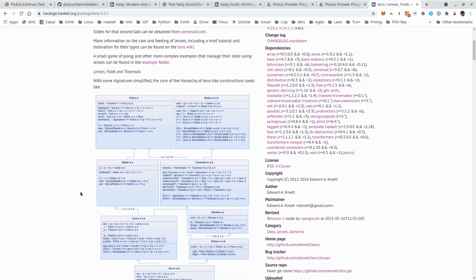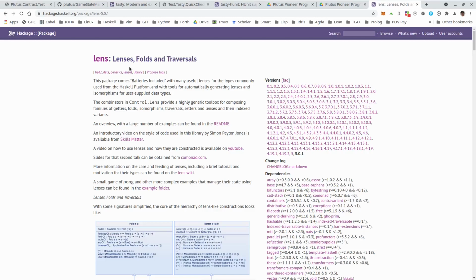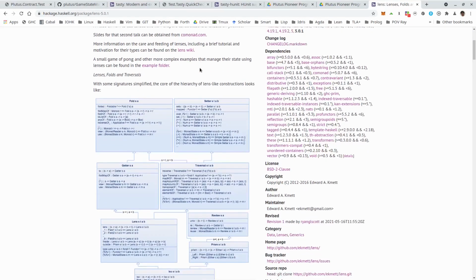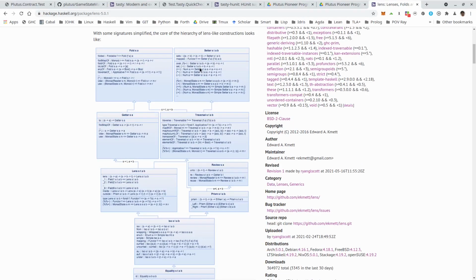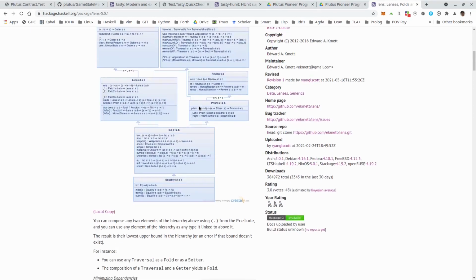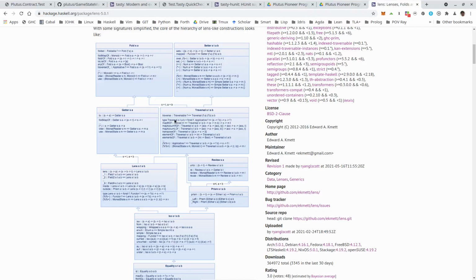And you see already on the Hackage page, the overview page of the Lens library, there's this scary diagram. And there's a whole zoo of optics. So there are lenses and prisms and traversals and isos and whatnot. And here's a nice diagram with all the operations, or some of the operations, that the Lens library provides. And what optics are all about is reaching deeply into hierarchical data types and inspecting parts that are deeply hidden in a data type and manipulating them.